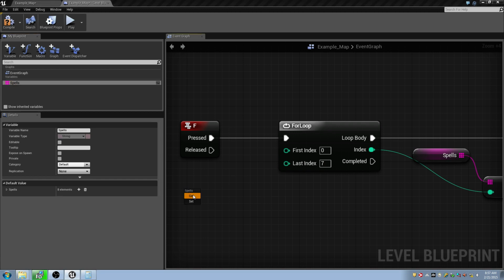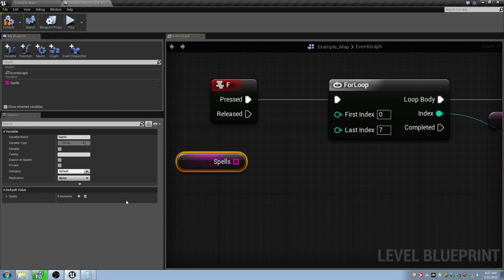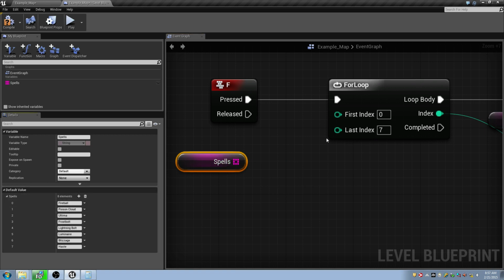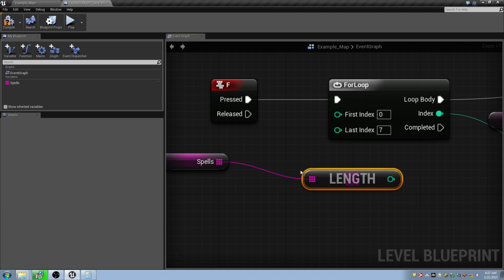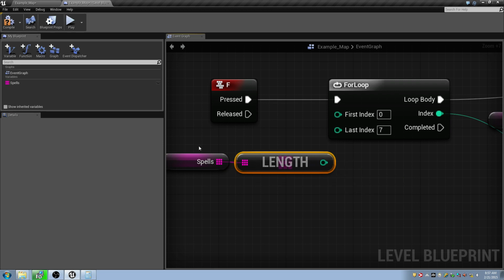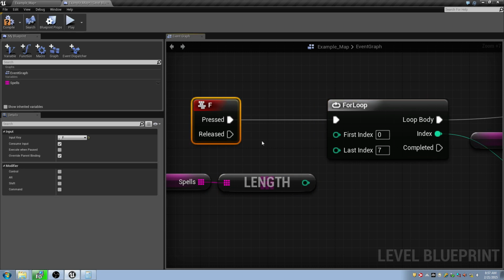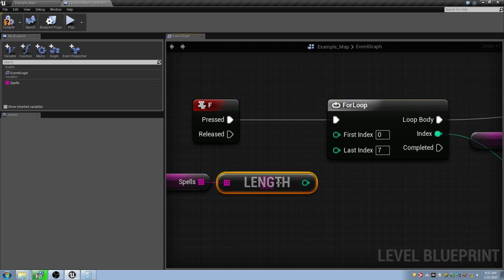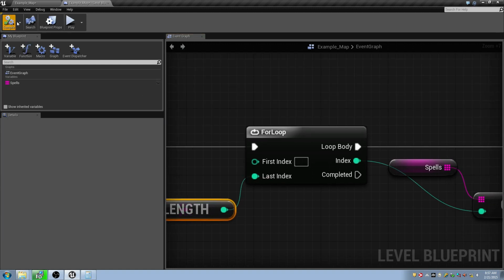So this guy here, this array has another function you can call on it that gets you how many elements are in that array, which is super helpful because that's what we can plug in right here. So I can type here and I can do length. And this will return me how many elements are in this list. There's a little bit of a problem, though, because this guy here, he is actually going to give me 8, right? If I plug this guy in here,